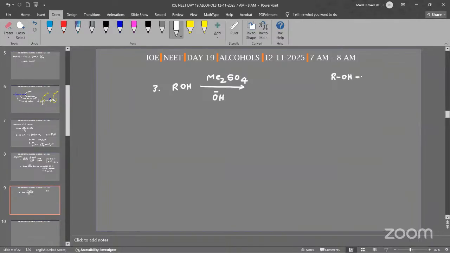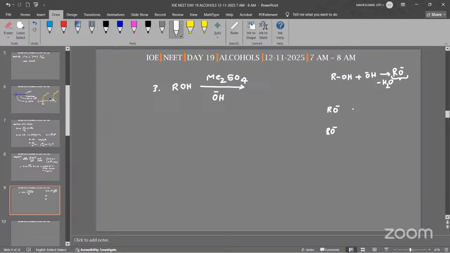First, alcohol is acidic. OH minus is a base. Acid and base react with each other to form alkoxide ion and water. Right? This alkoxide ion is a good nucleophile. So, a poor nucleophile is converted into a good nucleophile with a base. After converting it into a strong nucleophile, it reacts with